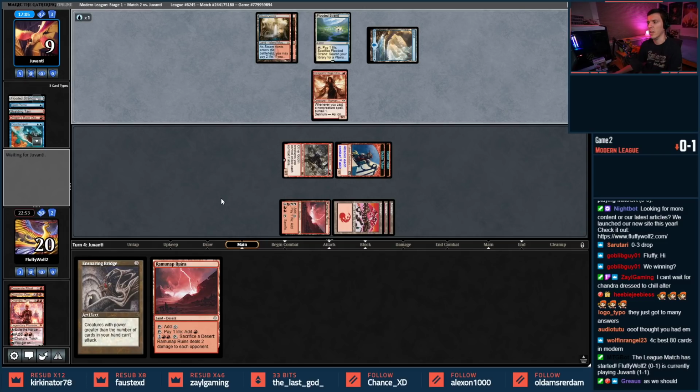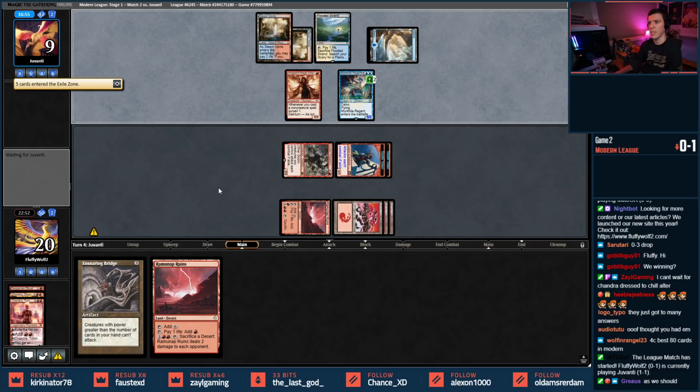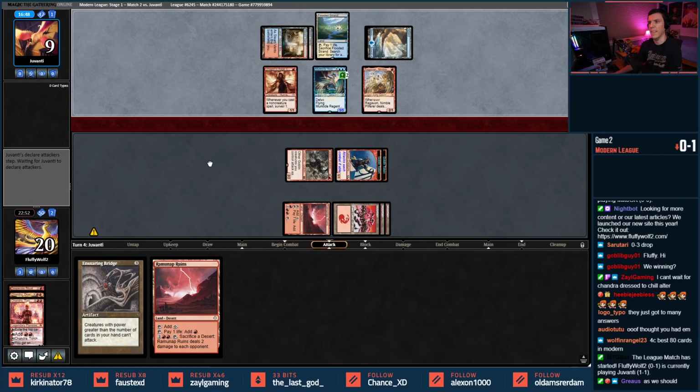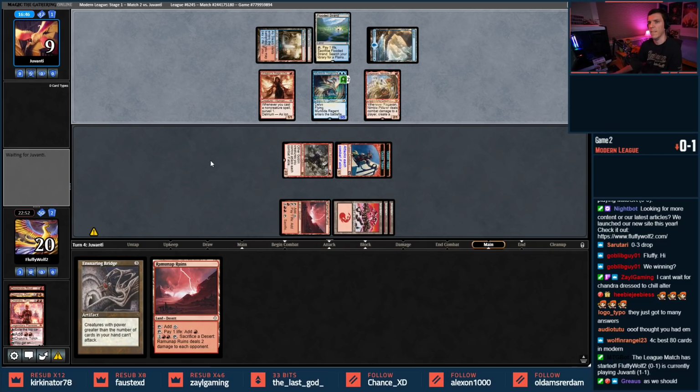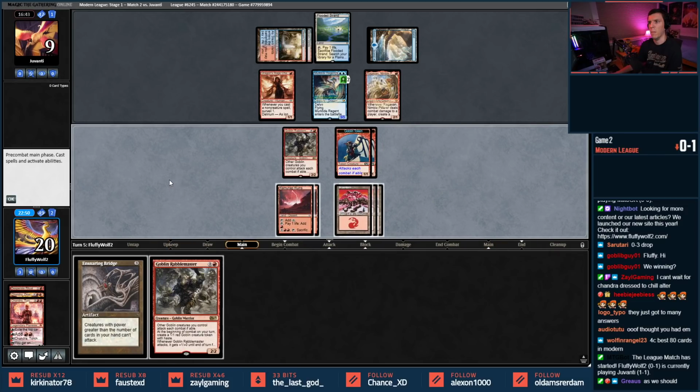I wonder if they have a Murktide they're building into. That's what it looks like. Exactly what it looks like. Murktide. And Unholy Heat. Ragavan. Oh boy. Well,